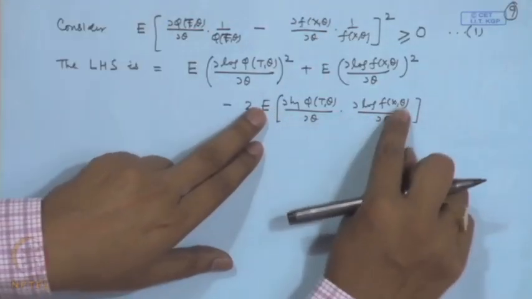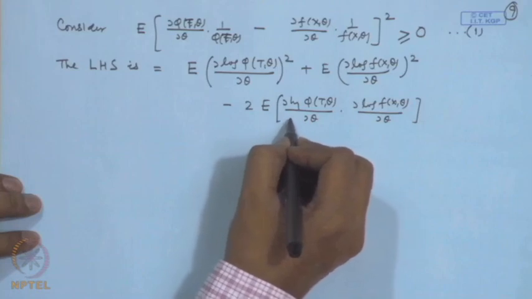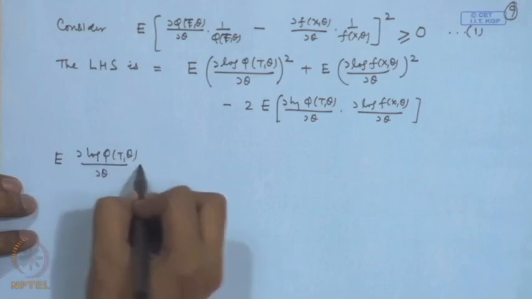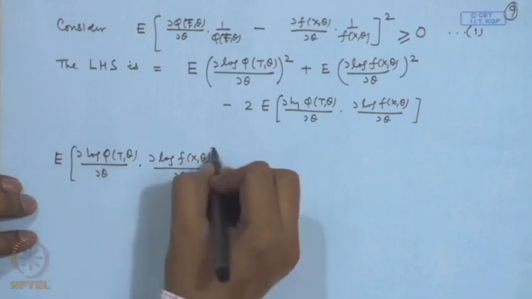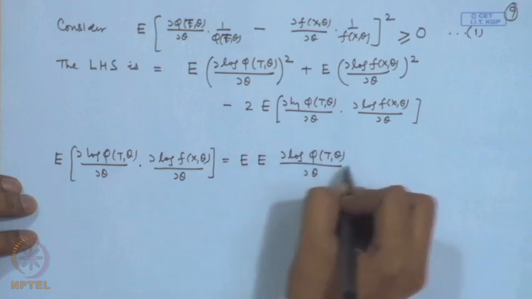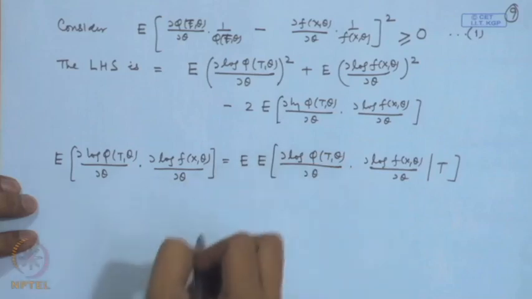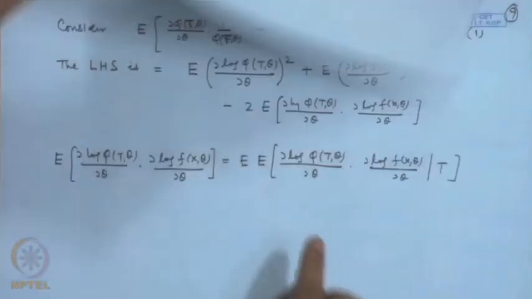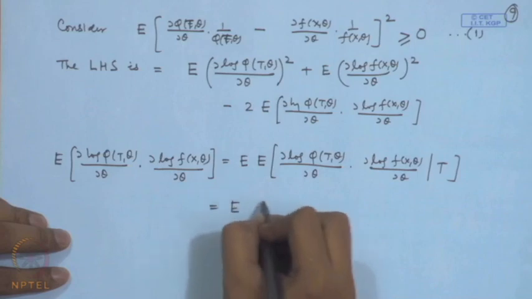If I consider this expectation here, I can write it as the expectation of the expectation given T. Then this term becomes the expectation of del log phi(t, theta) by del theta into del log f(x, theta) by del theta, which we can express as the expectation of the expectation of del log phi(t, theta) by del theta, del log f(x, theta) by del theta given T. Now, if we use the relationship which we proved in the first part, that is this one, then this conditional expectation becomes this term itself. So, this will become the square of